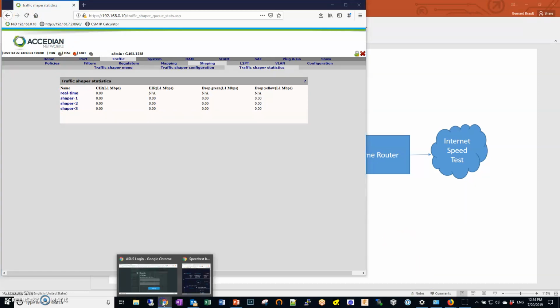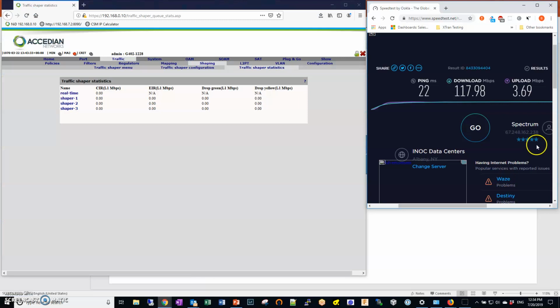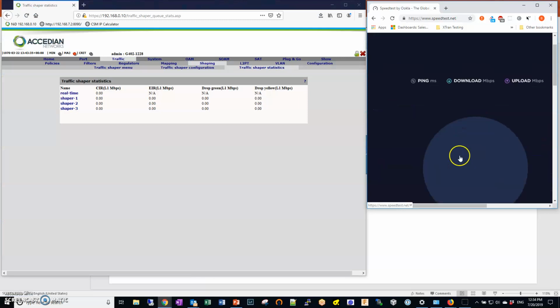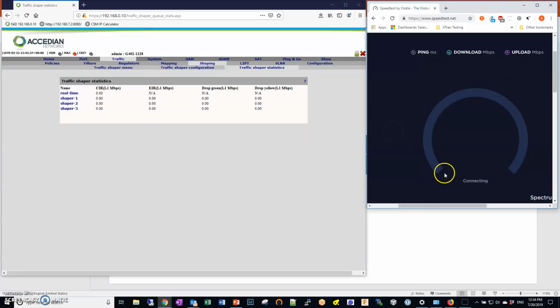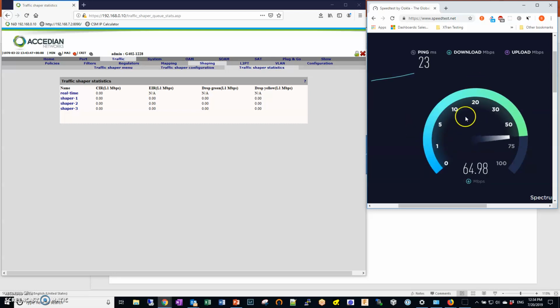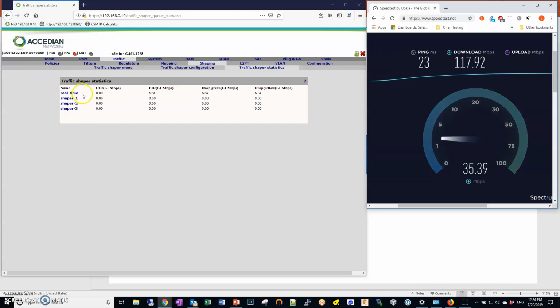So let's go on the internet, and I'm just going to do a speed test right here. Of course my download test is not affected because I'm shaping the traffic going up on the outbound port. So this is the download test, but it's on the upload that I expect to see somewhere around 5 meg, and shaped traffic. When it starts uploading, I'll do a refresh right there and we'll see what